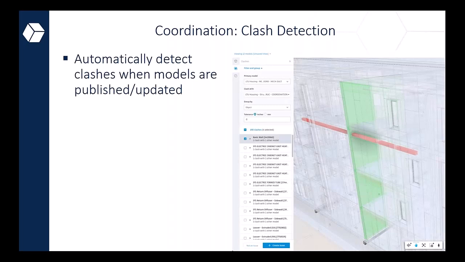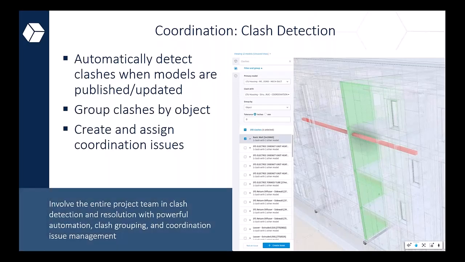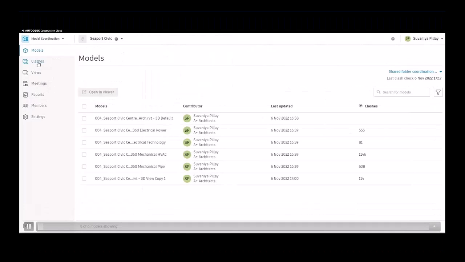So what this tool does is it automatically detects clashes when models are published or updated on the platform. And you can group clashes, you can create and assign issues, you can assign things as not an issue, and that allows you to sift and filter through all of your clashes and sort them so that you know what's an issue, what's not an issue. And this is useful for early on, because if you start looking at this in your conceptual design, can you imagine how much less errors you'd have later on in the project? Okay, so that's just a little bit about it,